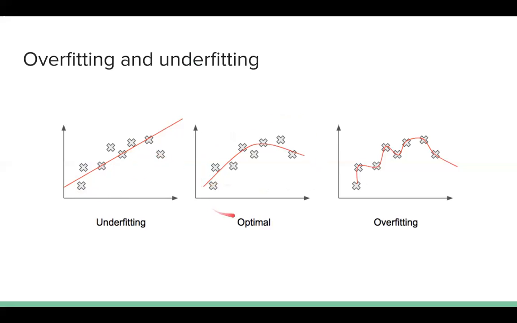Whereas the optimal case is where you considered a good number of features, sufficient number of features such that your model is performing better in terms of the error. That is where you have your optimal case. So in the optimal case, both your training error as well as the testing error will be low. So this is what you have to understand from what is meant by underfitting and what is meant by overfitting.